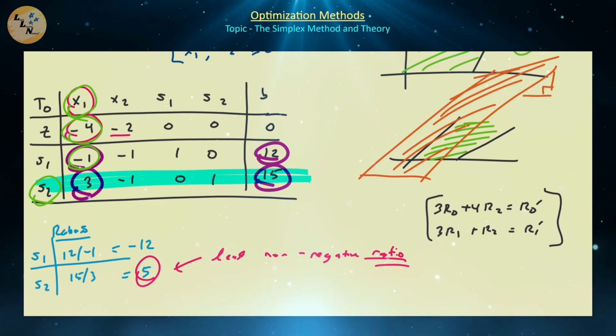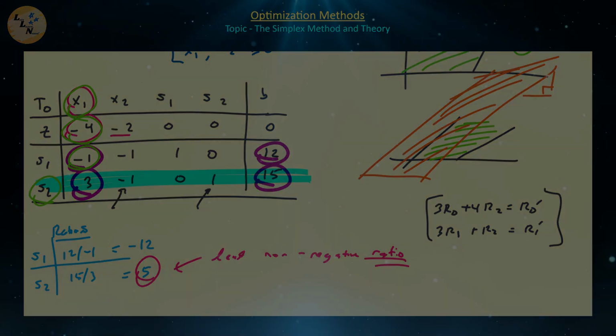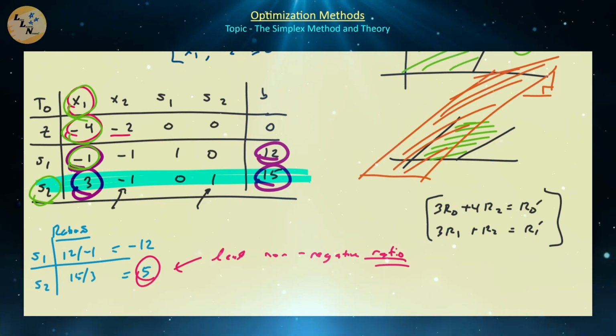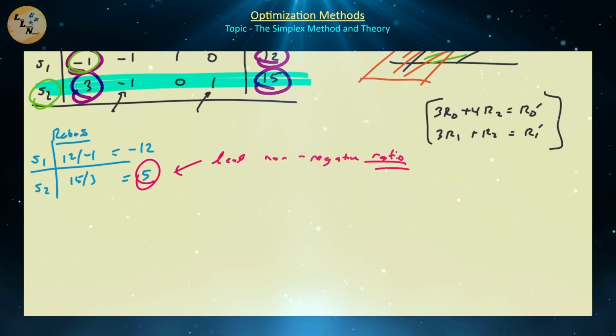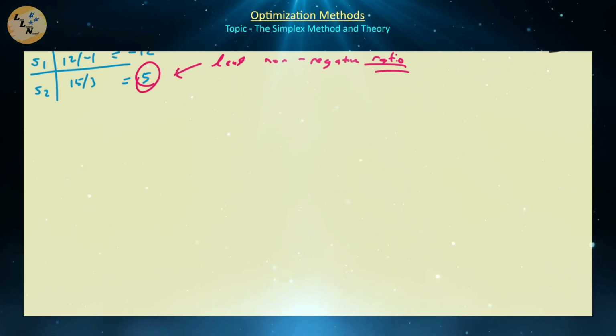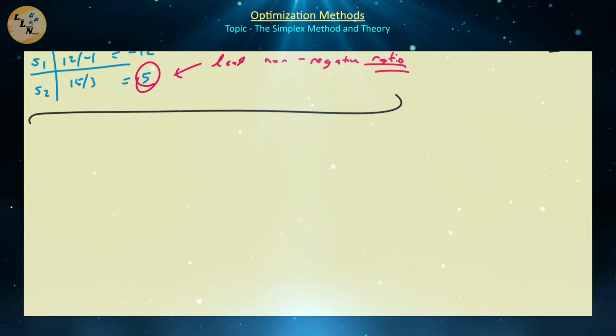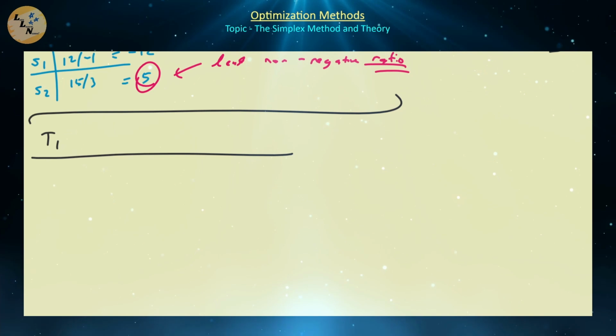And then we can, for example, divide that last row by 3, but we don't usually like having fractions there. That's going to give us -1/3, that's going to give us 1/3. We might want to wait until the last part of our iteration before we start introducing fractions, but that's just a preference, nothing required there. So once we perform those 2 or possibly 3 steps of the Gaussian elimination, we're going to have the result of the first iteration of our simplex method, whose tableau is going to be represented by